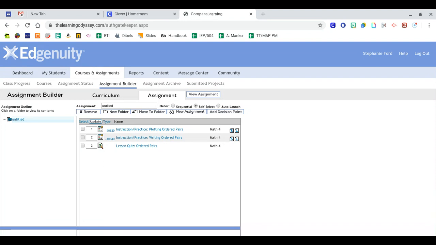Now it brings up this next page. Now you notice here it's switched over to the assignment tab because now we're talking about a specific assignment. Okay, the first thing we need to do is name this assignment, right? So right now it's untitled. So right now I probably would want to call this ordered pairs because that's what the kids are going to